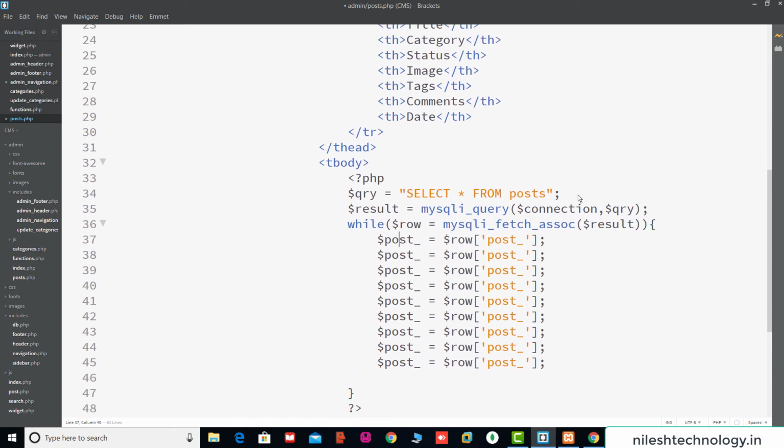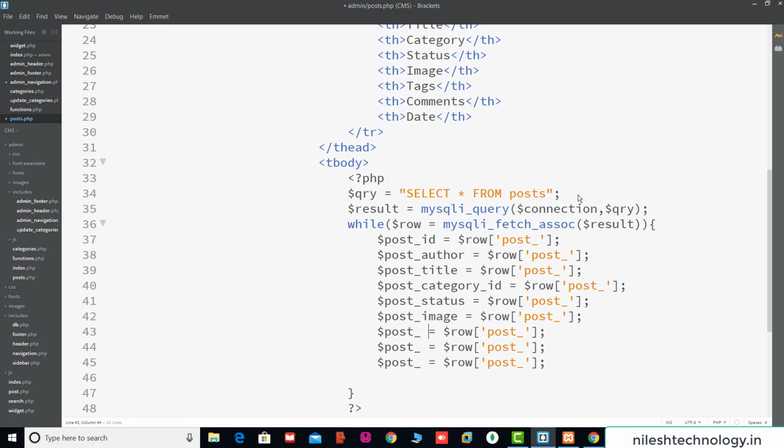Here these are the post id, post author, post title, then the post category id, then the status, then image, tags, comment count, date.